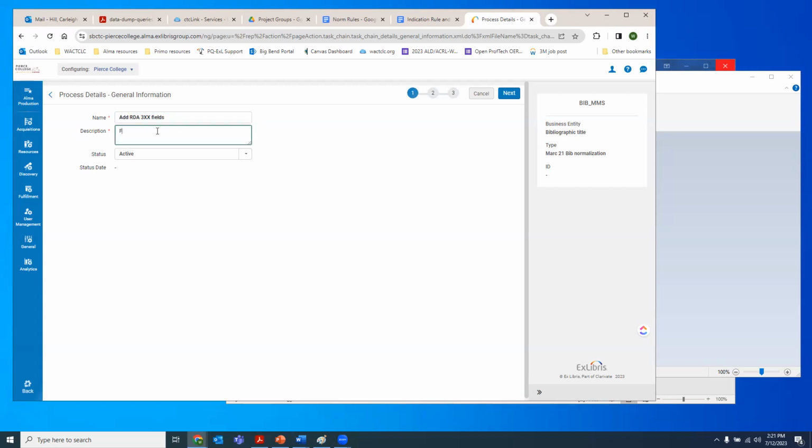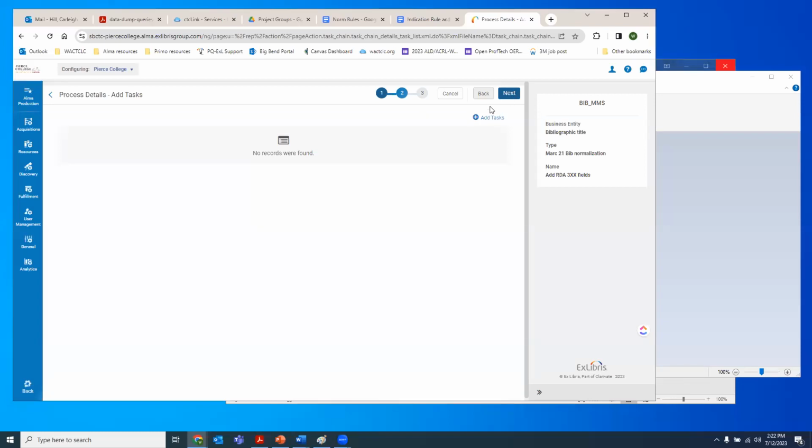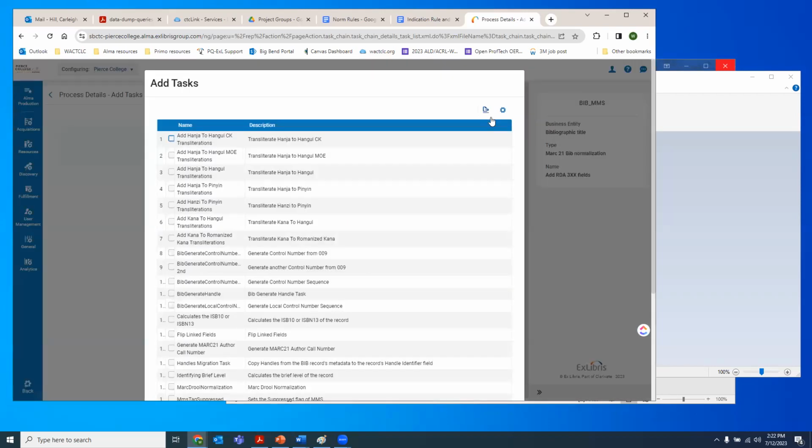And so this will be for ebooks and non-book physical records. Active status. We click next. Now we have to add a task to the process, and we're going to add a